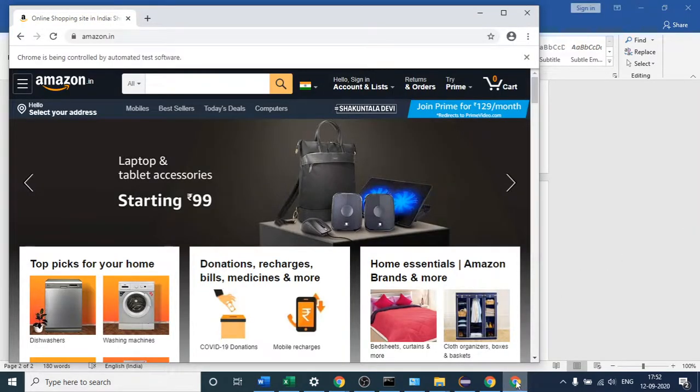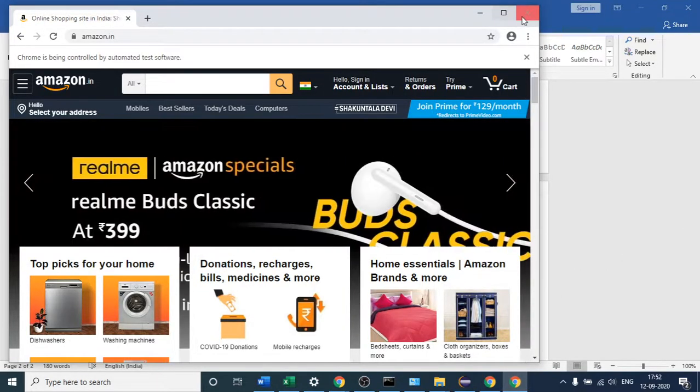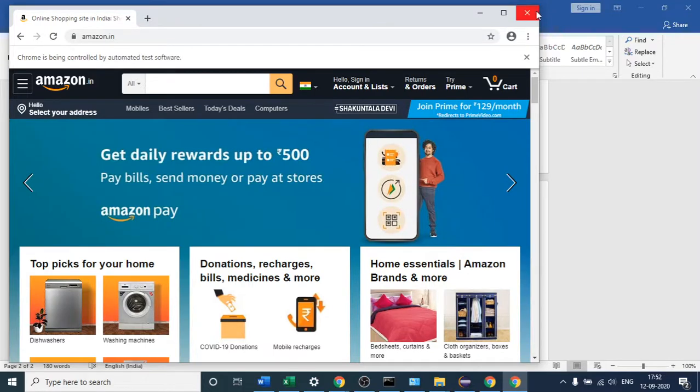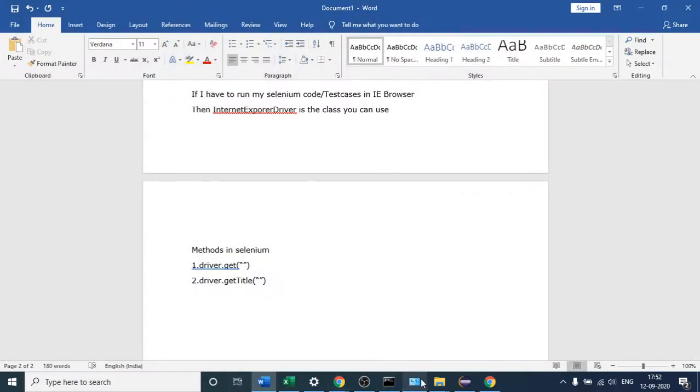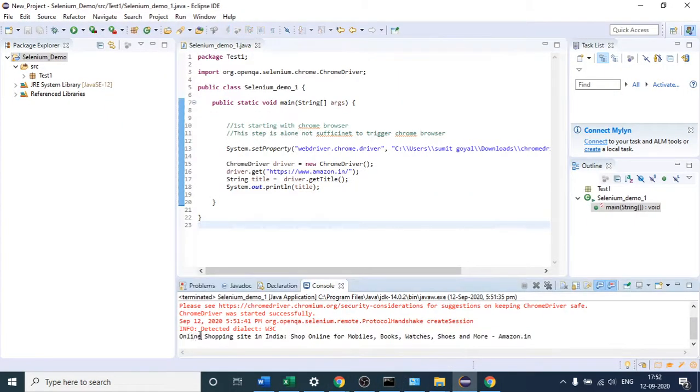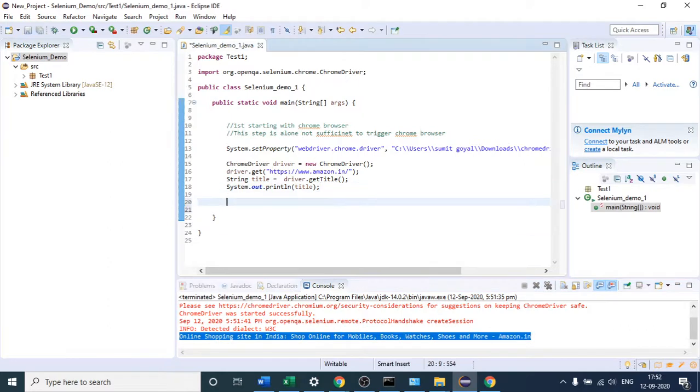Okay, so if I come to this page, as of now you have not put any if else condition, right? You have to put one if else condition, then you are only going to verify. Here we are just fetching that title, just fetching. You can put one if else condition. Let me show you quickly. So you can say that this is my original title which should be present on the website. So I will copy this. So I will simply write one if else condition here.